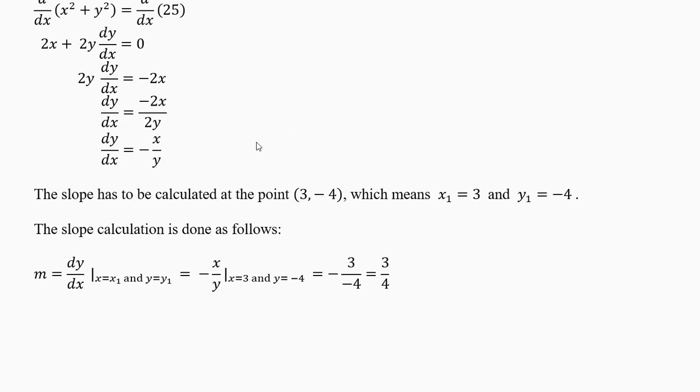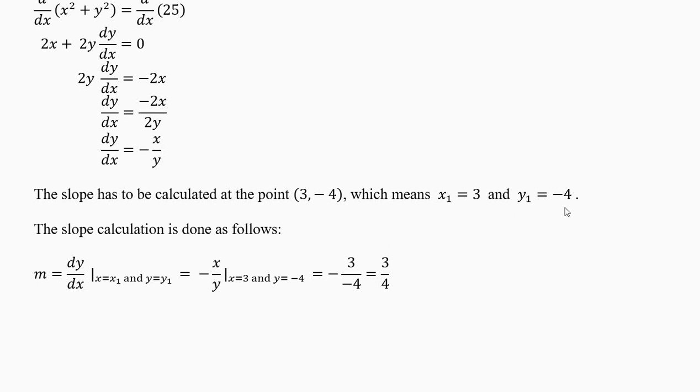Now what's the definition of the slope? Slope, you have to put the point. At every point the slope is different. Different points, different slopes. The point is 3 comma minus 4. So m equal to dy by dx at this long line means at x equal to x1 and y equal to y1. In ordinary derivatives, x equal to x1 is sufficient because there is no y sitting inside the derivative. Here the derivative has a y. So you have to give one value for x and one value for y. The value for x is x equal to x1 and the value for y is y equal to y1.